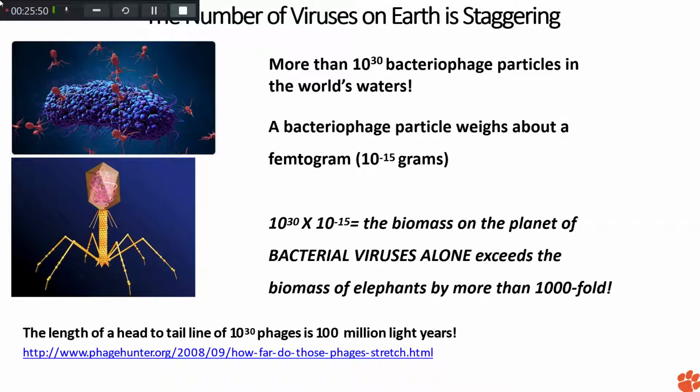So the bottom picture is a typical phage, which is a bacterial virus. And the top picture is a cartoon of a bacterial cell in blue, and the red tiny things are some of the bacteriophages. There are many, many different ones of them. All of them don't look the same, but they infect bacteria. So not only do viruses infect human beings, every living thing on the planet is infected by viruses. So you have plant viruses, bacterial viruses, protozoal viruses, everything.